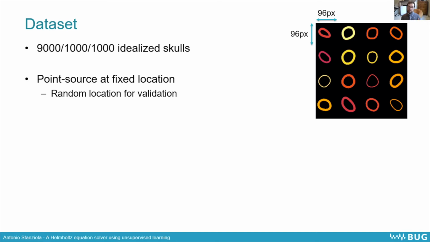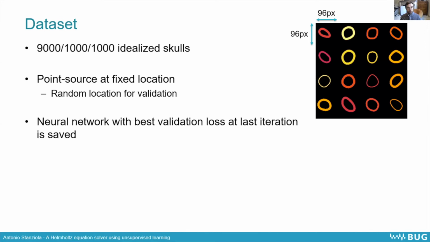In the case of the validation set, the source position is actually randomly located around the skull. And the idea is that testing on a validation set with a slightly different problem gives us some information about the generalization capability of the network. Can it generalize to sources that are located in different positions? And because of this, one thing that we do, which is actually very important to be able to get a good performing model out of this training,